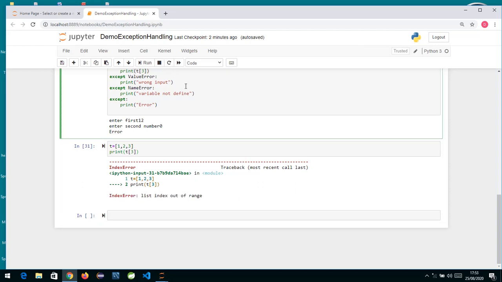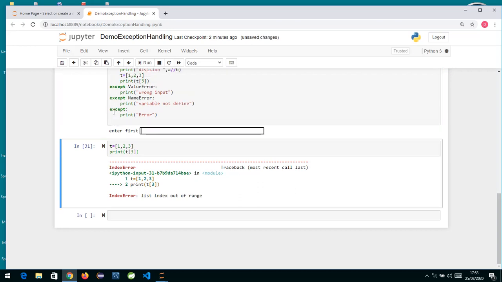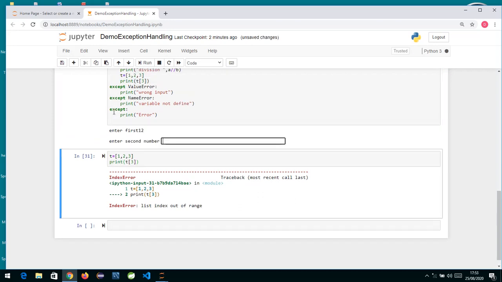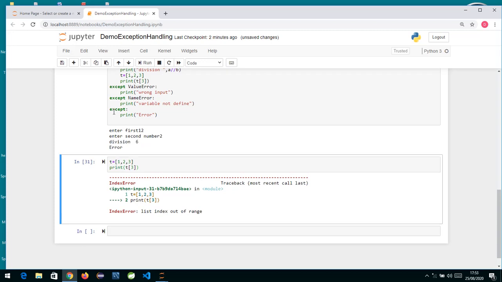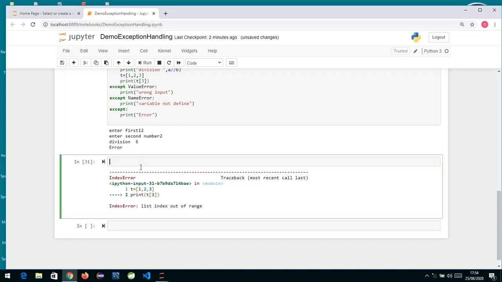Now I am not handling this index error over here, so any error other than value error and name error will go in the except block. So if I enter first data as 12, second data as 2, it went through there, but in this case we got an error, and the name of the error was index error. As we are writing a try block, I'll remove this so that we'll not have any confusion.